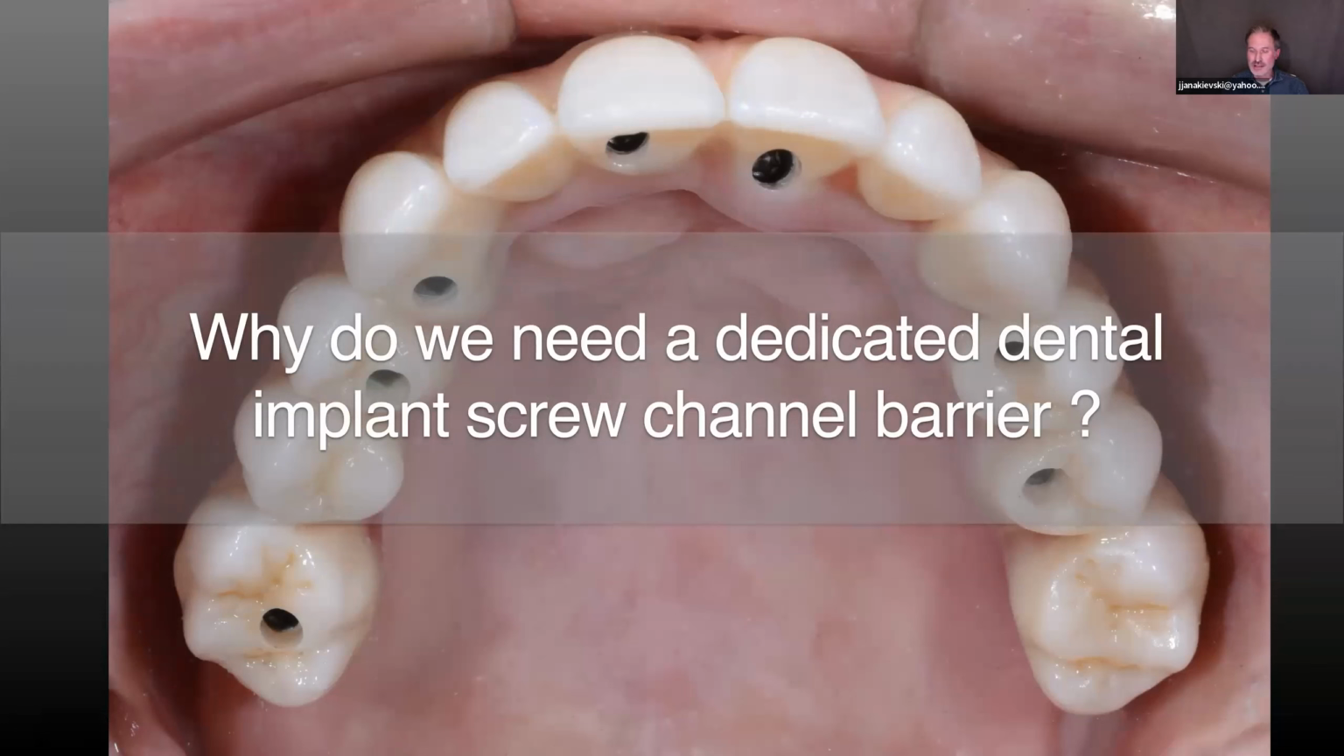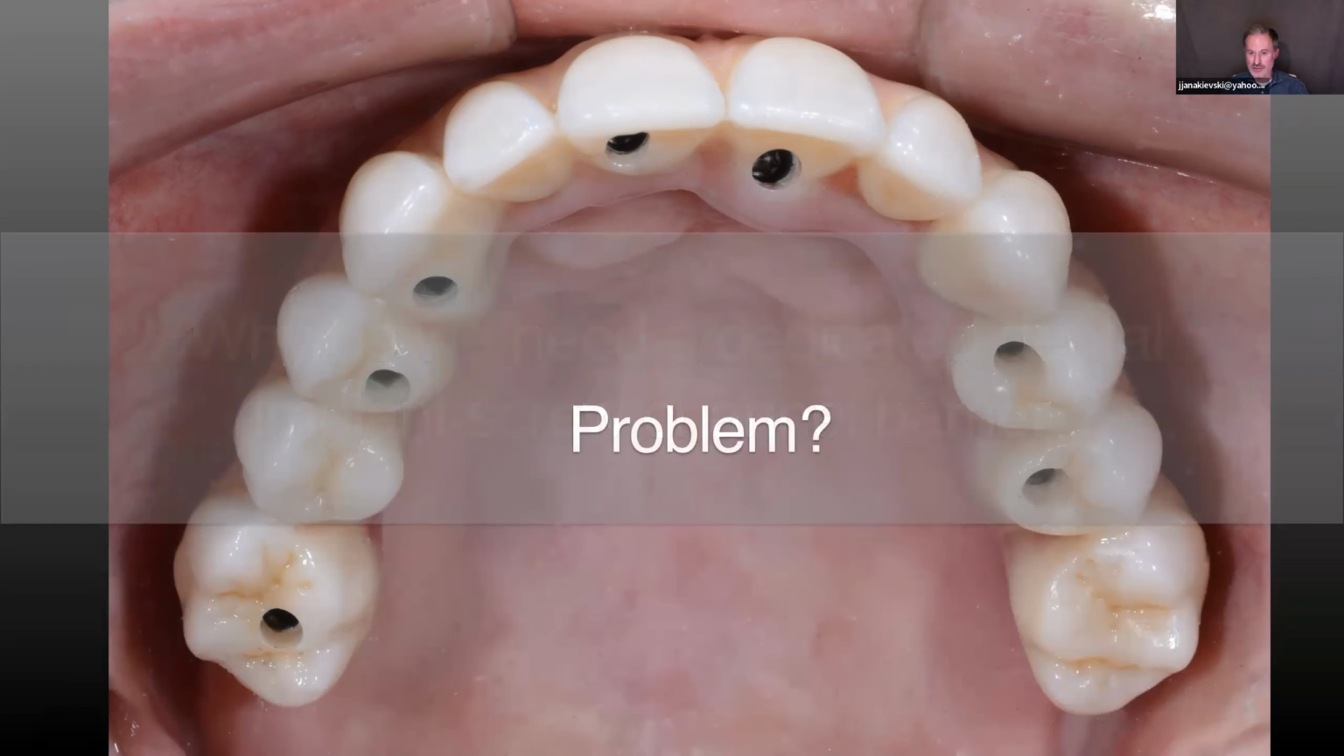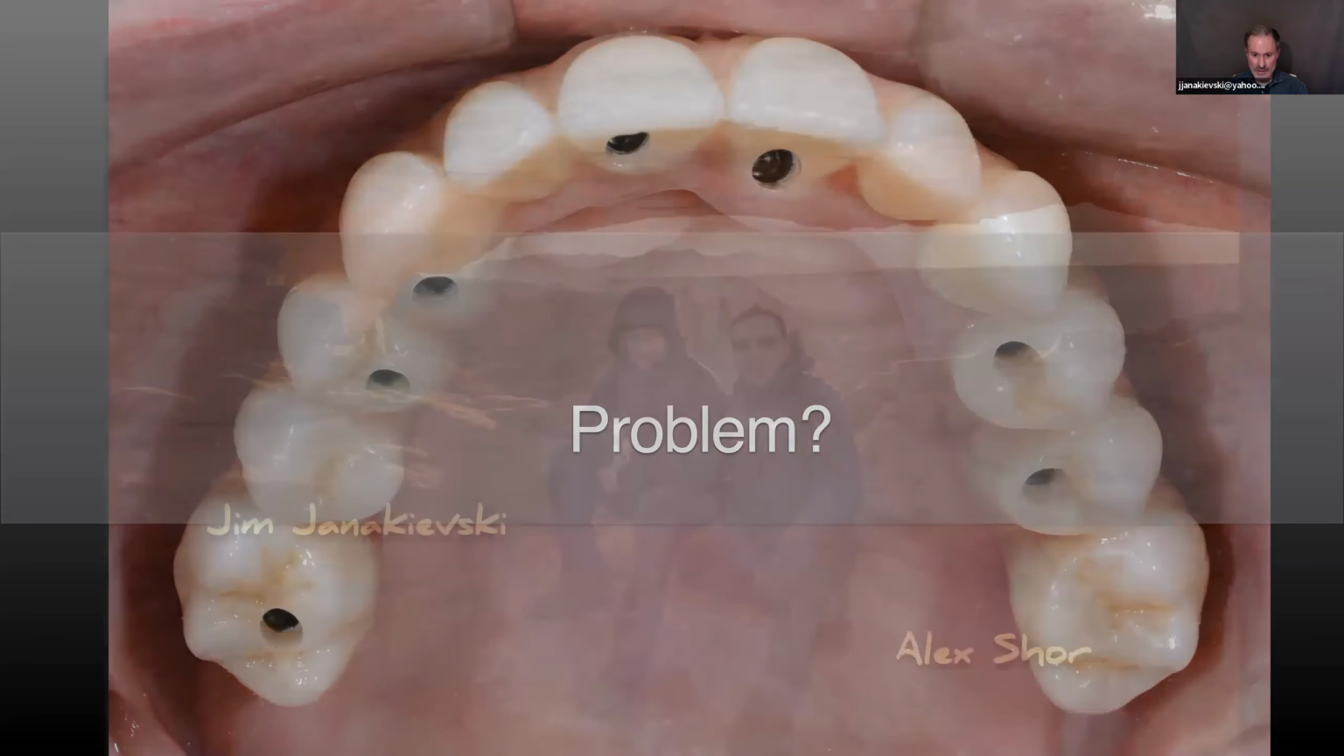The question that I'd like to answer for this presentation is, why do we need a dedicated implant screw channel barrier? Is there a problem? Do we have problems with what we're using right now? So this presentation will be an overview of our journey of how we thought about this, how my partner Alex and I came together, what problem we wanted to resolve and why we wanted to resolve it. What was the issue for us? So, let me introduce